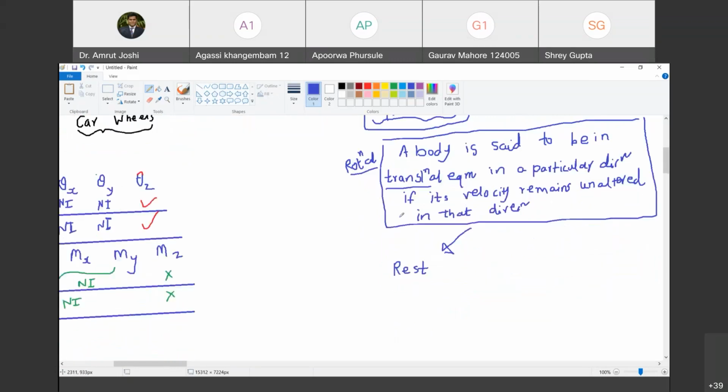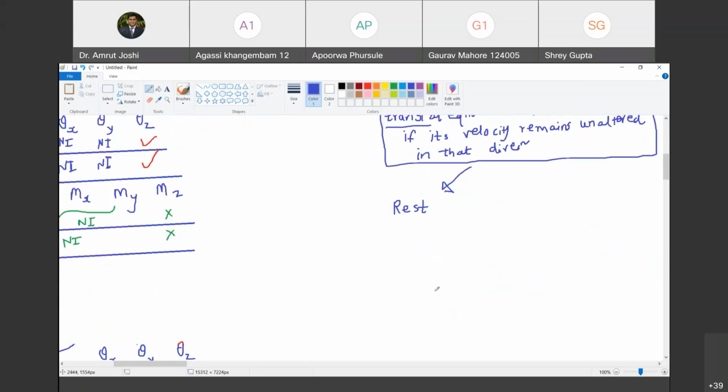Happy? Yes, sir. Now I am going to cross check whether you have understood or not. For this I am giving you an example. This is a chalk piece. It is thrown with the initial velocity v bar and it exhibits a projectile motion. Are you with me? Yes, sir. Now tell me, is this body in equilibrium or not? No, sir.